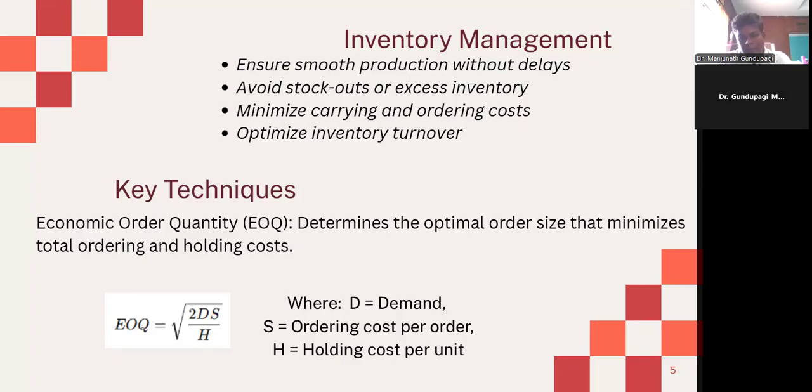When it comes to the objectives, for smooth production without delays, proper management of inventory is required, avoiding stockouts or excess inventory, and minimizing carrying and ordering costs. Ultimately, optimize the